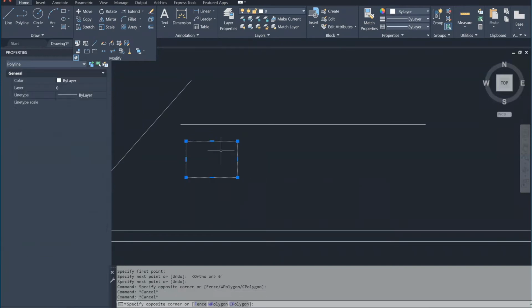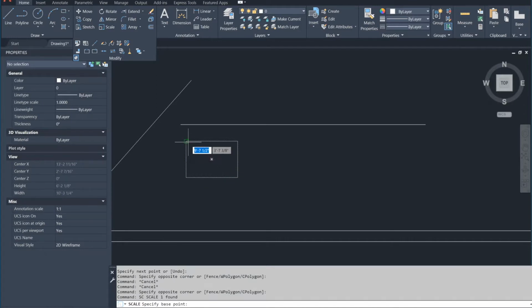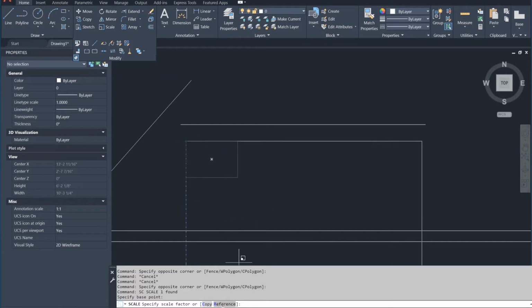So I can do scale, SC, pick a base point, and then if you look at the submenu, that's copy and reference. If you don't use scale factor, you can choose reference, you can click reference, you can type R,